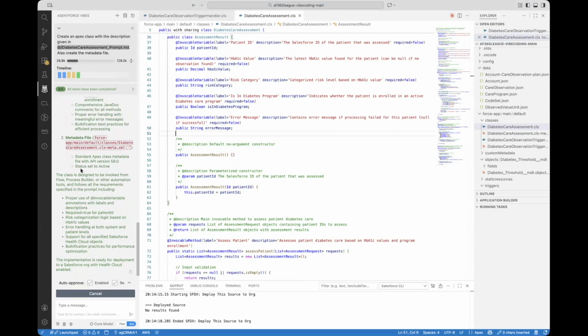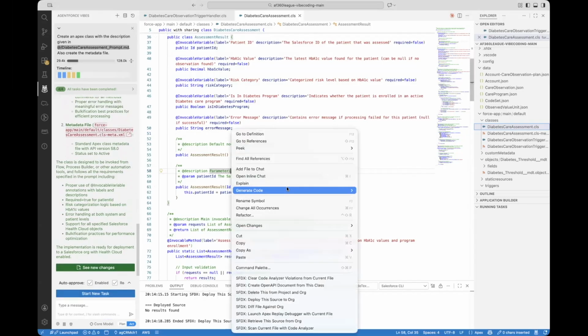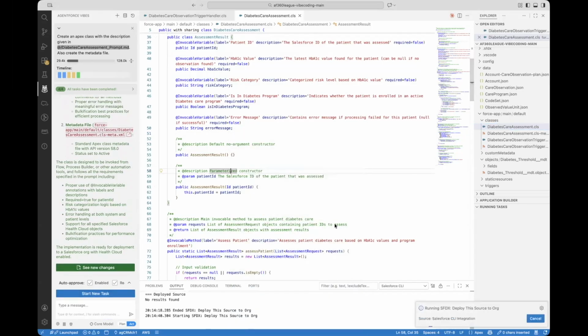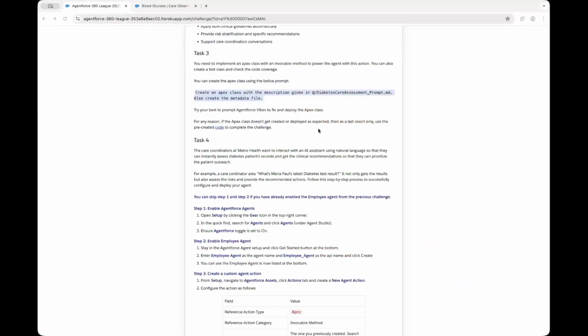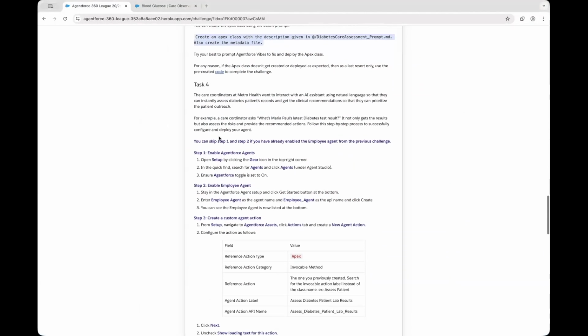So yeah, it is working. It just shared what is being done, and I would like to deploy before replacing anything here. So yeah, this is being deployed. That means it is working and it works fine. So let's proceed with task 4,